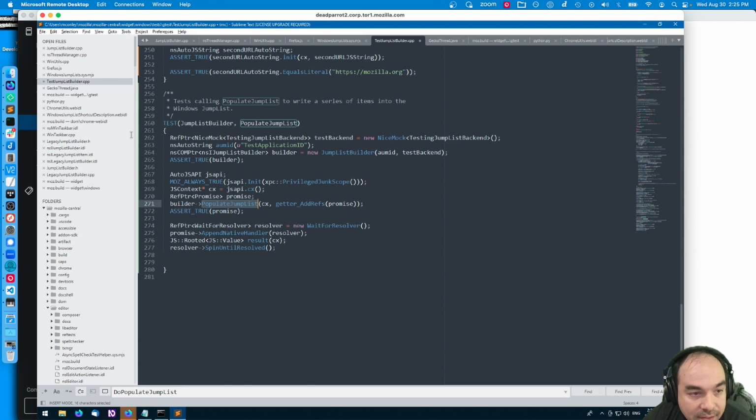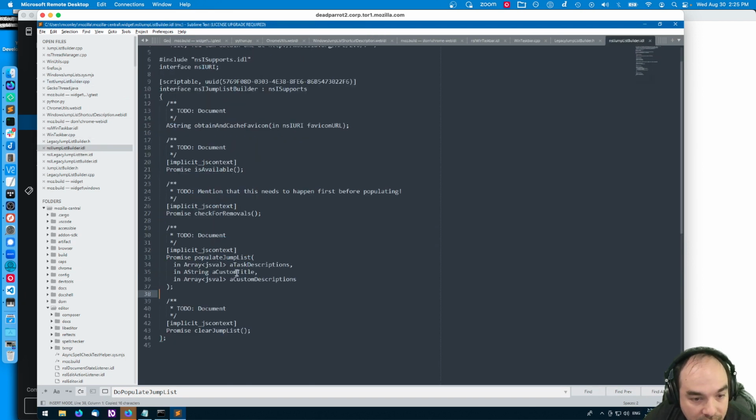Populate jump list takes a JS array. We now know how to create those. We know how to read them. We're now going to have to create them. We're going to have to create some descriptions. We're going to have to create a JS string and another JS